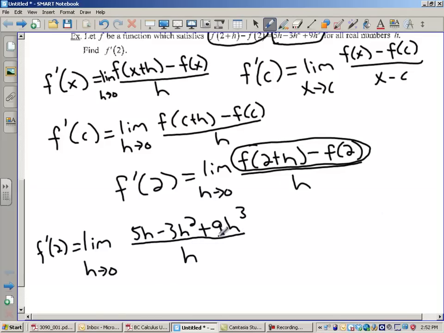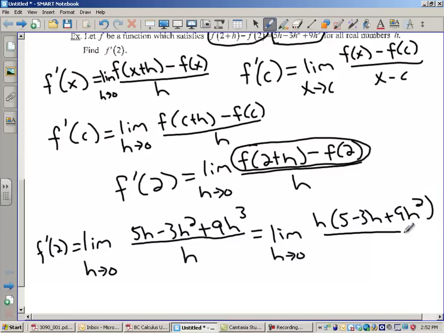Okay, so now we just have some algebra to do, because if we plug in 0, we're going to get 0 over 0. So I'm going to factor an h out of the top, which will leave me with 5 minus 3h plus 9h squared, all divided by h. Looky here, I'm happy, happy, happy. Those h's are gone, and now I can plug in 0 for my h, and I will get,